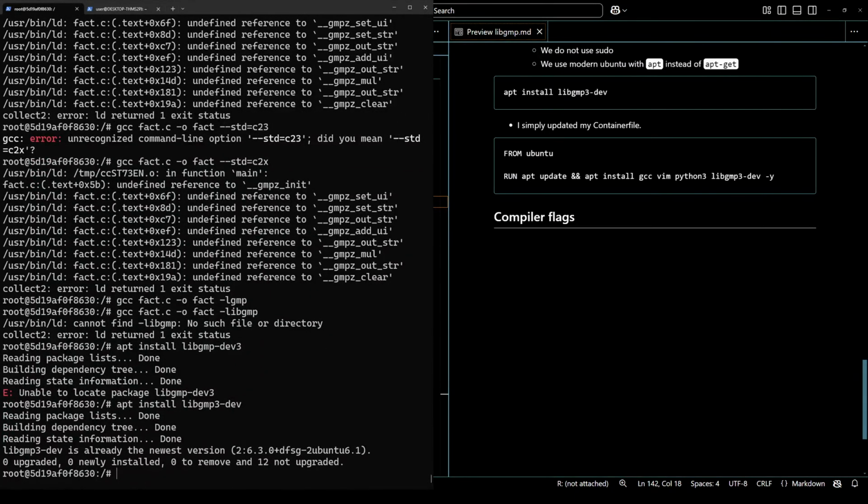And then you're also supposed to just know that GCC expects lgmp to be the name. So it's called libgmp3 here. It's called lgmp there. And I think it's called something else on Alpine. Maybe just gmp-dev. Alpine users should go look into that and let me know what you think. Anyways,